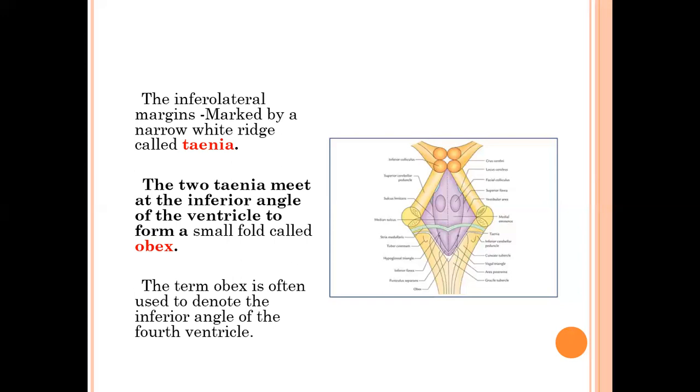What is internal hydrocephalus? If the openings in the roof of the ventricle, like the foramen of Magendie and the foramen of Luschka, are blocked by a tumor or any other reason, what happens? The CSF cannot escape from the ventricular system into the subarachnoid space. So this will lead to excessive accumulation of CSF within the ventricular system, and it produces internal hydrocephalus.